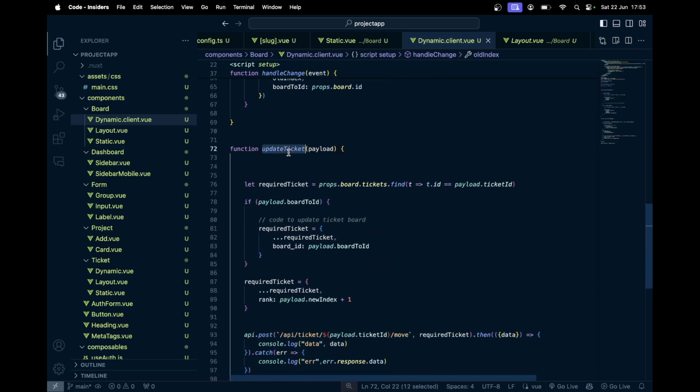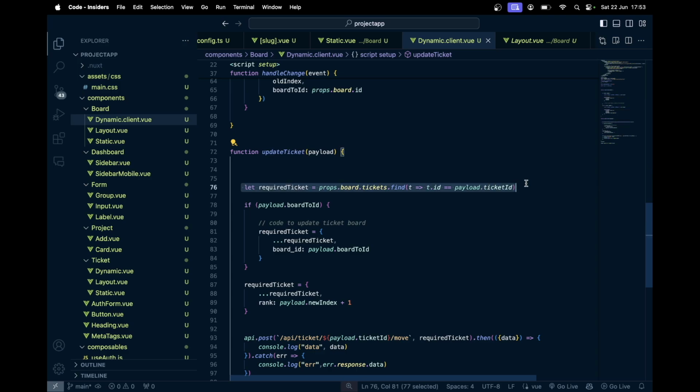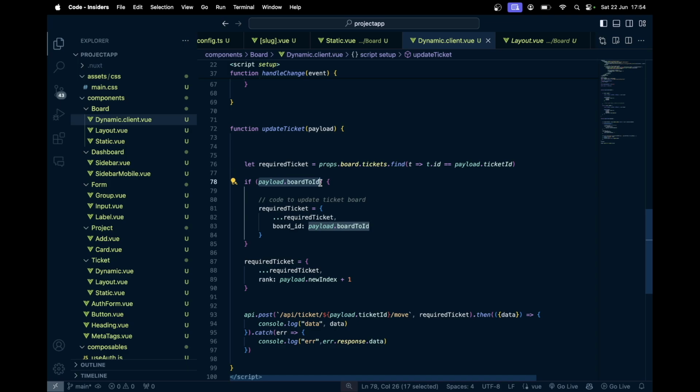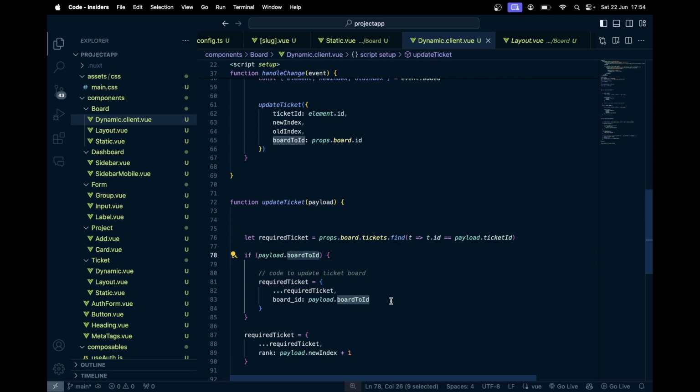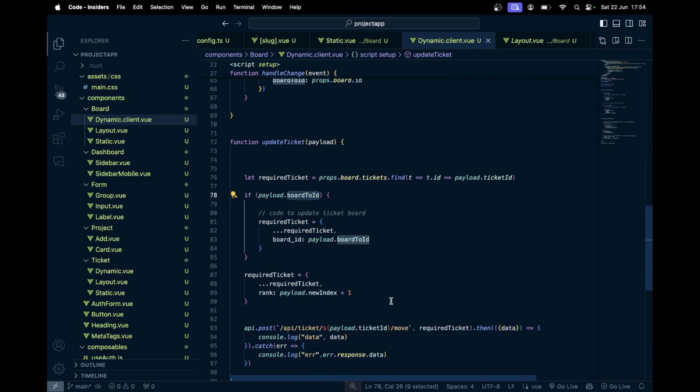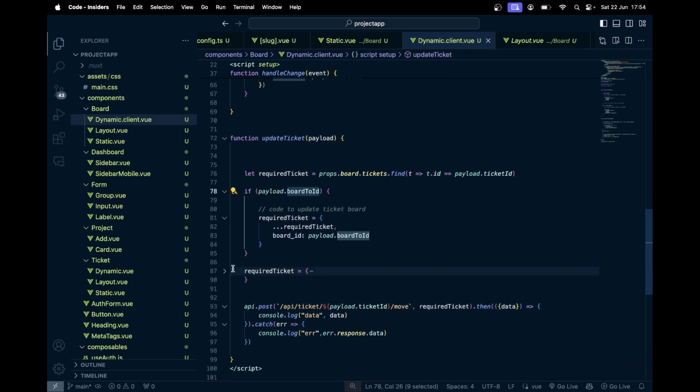Now the update ticket function, what it does is it finds the ticket from all the tickets within that board. If we are moving in the same board, we will get the ticket. If we are not moving in the same board, we won't get the ticket because of course you're finding the ticket in a different board which doesn't exist yet because we haven't updated the database, so you won't be able to find it in the new board. In case we are passing the board ID, that means we are adding it to the new board. If we are not passing the board ID, that means we are keeping the ticket or changing the ticket within the same board. So we get the ticket,